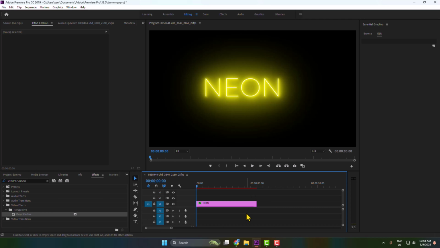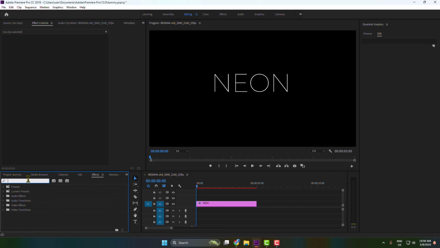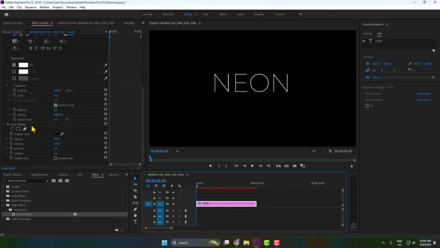Here's how to create a neon light effect in Premiere Pro. So this is my text. I'm going to Effects, searching here for Drop Shadow, and adding the Drop Shadow effect to your text clip. And then after selecting the clip, go to Effect Controls. Here under Drop Shadow, give the opacity a value of 100% and then